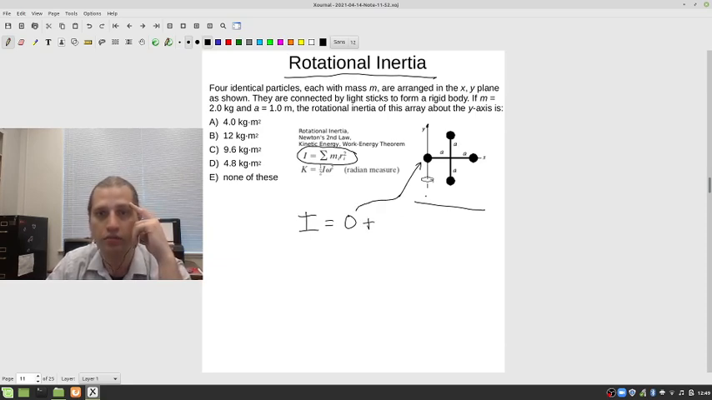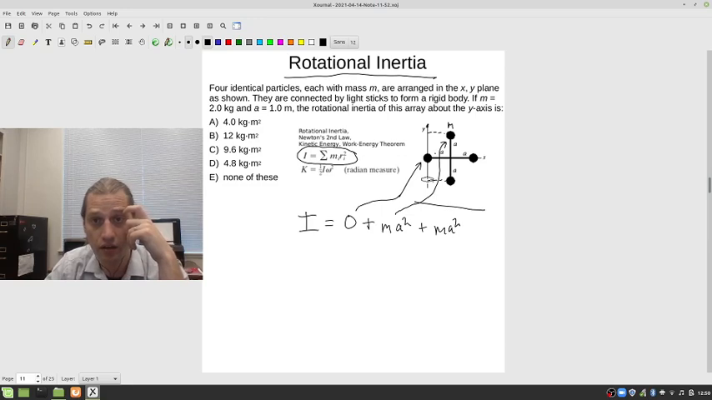Plus, let's see, what's our next one going to be? How about this one? Well, that is a distance of a. It has a mass of m. So that would give us m a squared. Similarly, this is a distance of a away from the axis of rotation. This up and down doesn't matter in this one. So plus m a squared. And then right here, your distance is 2a, so that would be plus